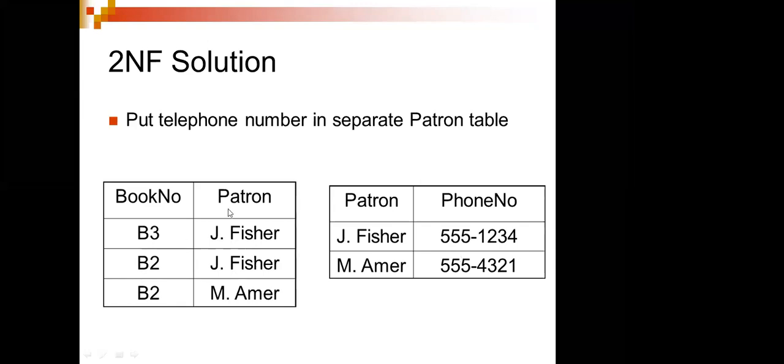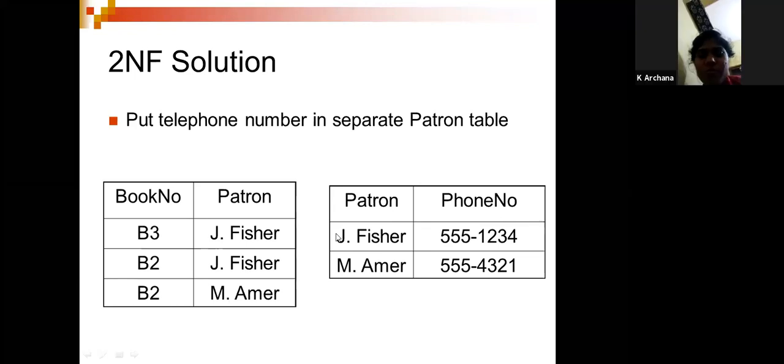Then after first normal form, we split into 2. Why? Because I don't want to duplicate things. So in order not to have duplicates, I'm simply separating these 2 tables. When I separate them, this becomes the master and this becomes the child table, because the data is coming from here. So this becomes the functional dependency. Book number and pattern depend on this. If this is not there, what is the use of book number? If I want any further information, I can get the phone numbers like this.